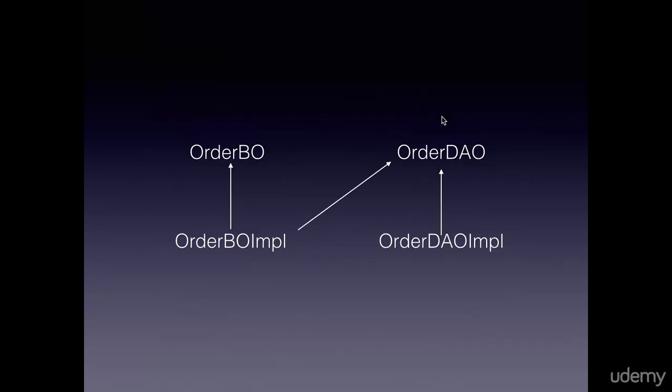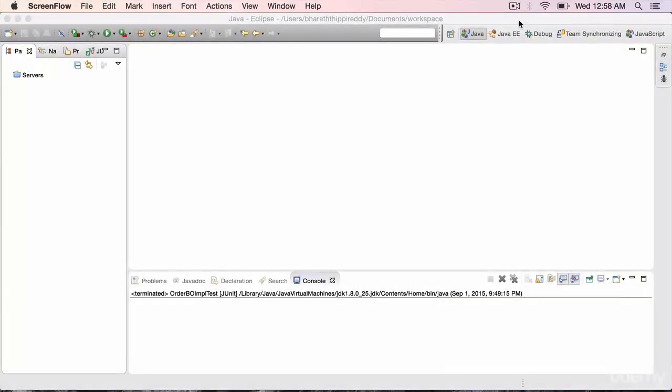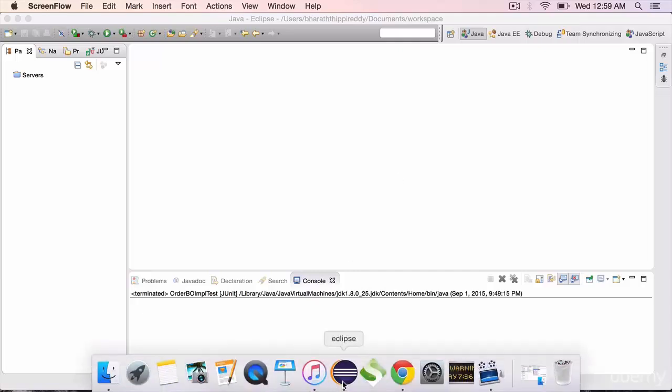important class, which we will be testing using JUnit and Mockito by mocking out the order DAO. In this lecture, you will be creating the order processing service Eclipse project, and we will be coding the data access object layer. We will be coding the business object layer in the next lecture. You have the option to remain silent and download this completed project from the contents of this lecture or the next lecture and start unit testing, or you can work with me in parallel and code it from scratch.